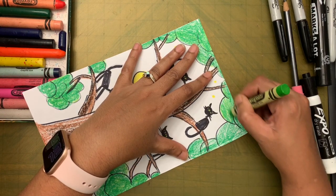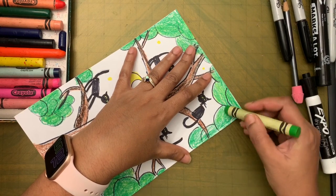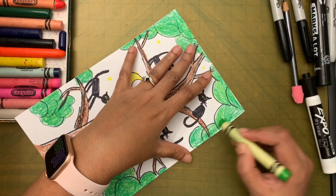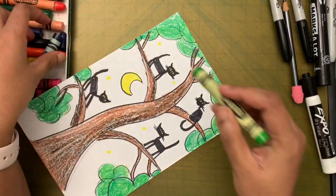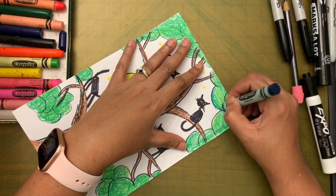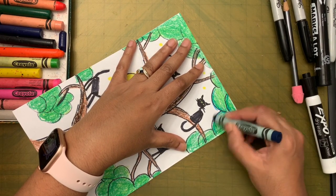So if you want, you can use a little bit of blue also, because blue is the color next to green in the color wheel, right? So blue also would have looked nice, or the blue green that comes in the crayon box, that will also work. Maybe I'll use the blue green to give highlights, not highlight, like I'm going to go along the lines that we made and then make it look more